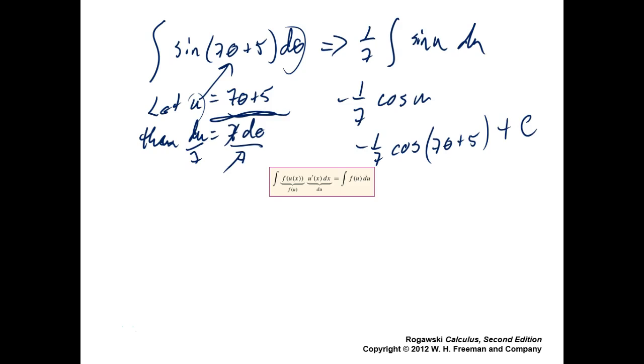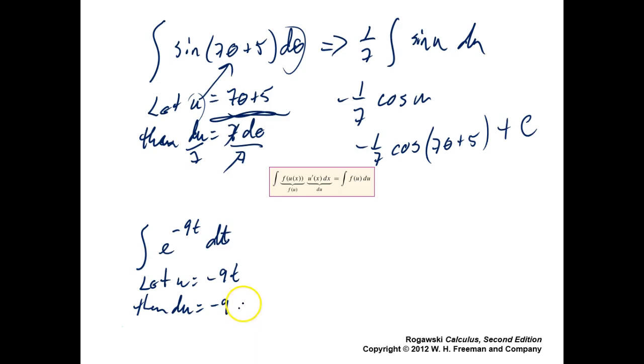Okay, let's do this one. The integral of e to the minus 9t dt. How do you think we're going to do that? Let u equal what? E to the negative 9t. Perfect. Then du is equal to negative 9,